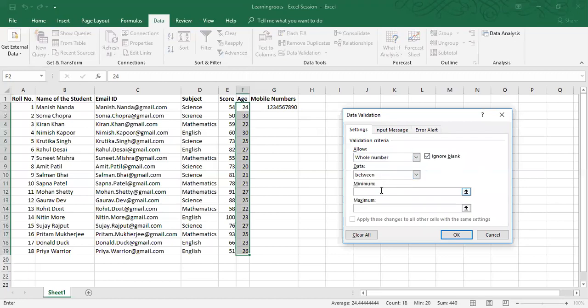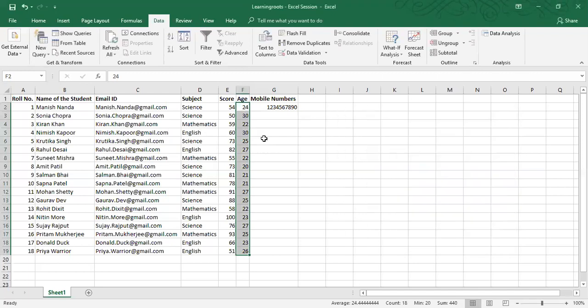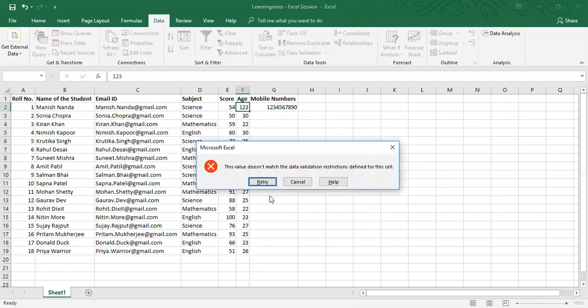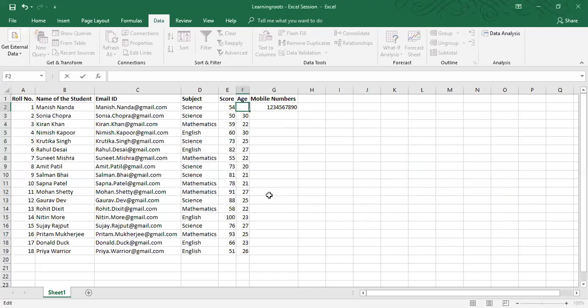Okay, and you can also specify whole numbers between what. So what is the minimum? Let's say minimum 10 and maximum 100, for example. If you try to enter anything else, it will not work. If I put 123, it will give me an error message. Okay, so this is how you bring about standardization, because the more standard or clear data you have, the easier it is for a user to